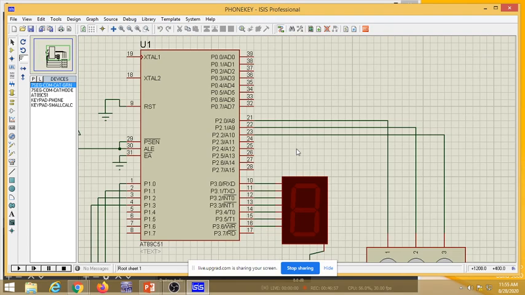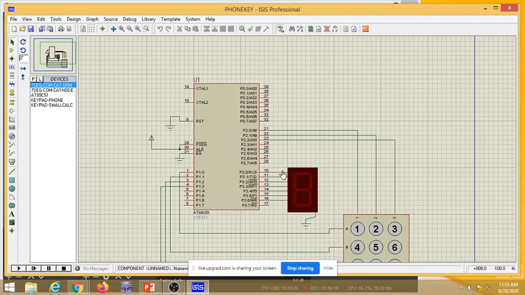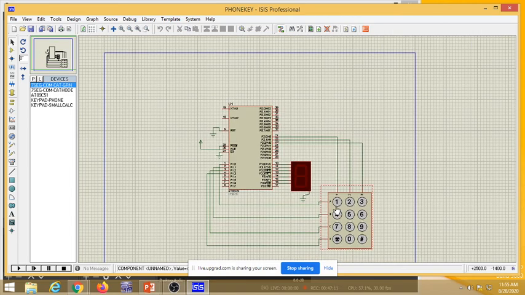Okay, this is the figure. Just see here, keypad is connected with 4 rows. Here 3 columns I am considering, because the keypad which is available in this software is only a 3 by 4 matrix. That's why there are only 12 keys, 4 rows and 3 columns. That is connected. Then the output device is the 7 segment display.